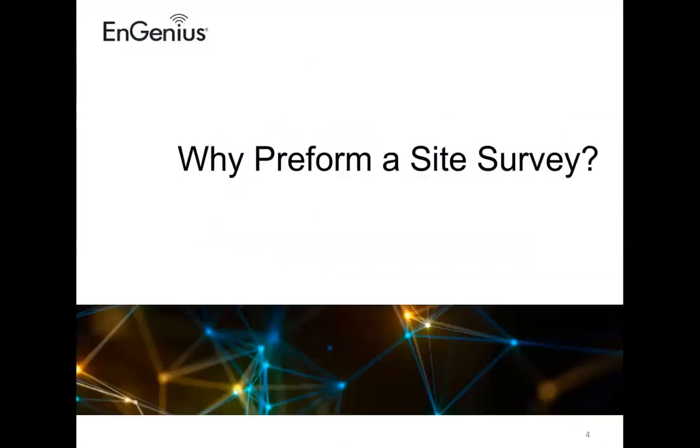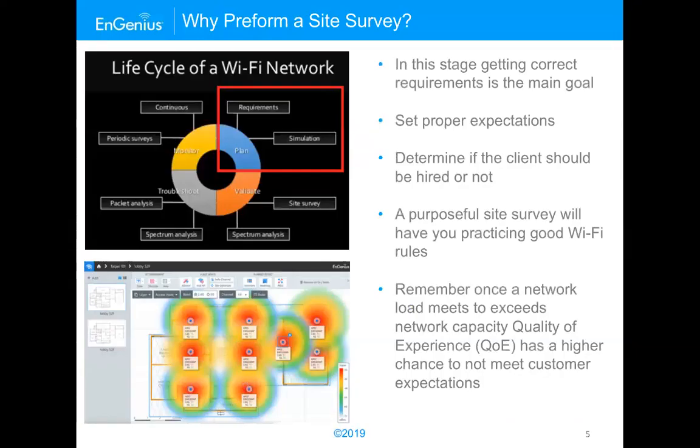All right, so let's start with why perform a site survey. In the life cycle of a Wi-Fi network, this would actually be like the preamble. In this stage, you're determining what the real goal or expectations or requirements are for the client. Most clients are not very technical, and most of the refreshes of our Wi-Fi are done every 3 to 5 years. So this will be like a once in a very long time experience for the customer. And since you do it all day long, it would not be new for you, so you're viewed as the